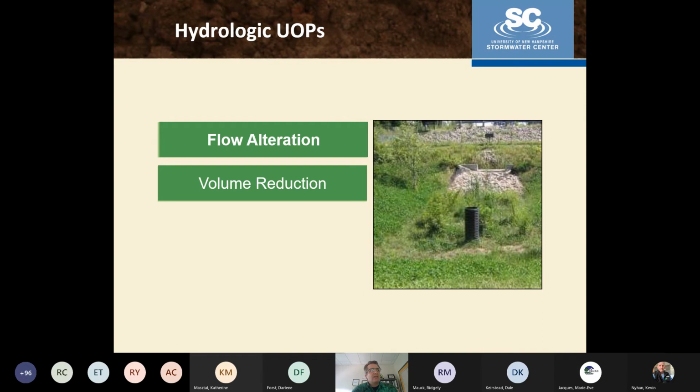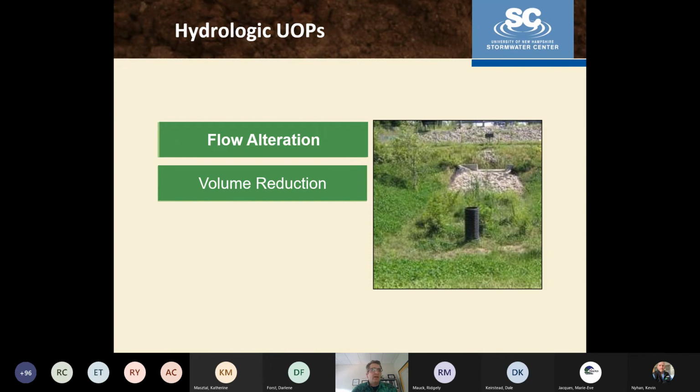So I'll just briefly go over those four EOP categories. So we have the hydraulic operations, or hydrologic operations, sorry, that's flow alteration and volume reduction. For the most part, volume reduction is a really heavy hitter, and we're seeing the standards around groundwater recharge or on-site retention being ratcheted up. And I expect that trend will continue. And right now, Massachusetts is considering a 1-inch retention standard, where basically the first inch of rain doesn't leave the